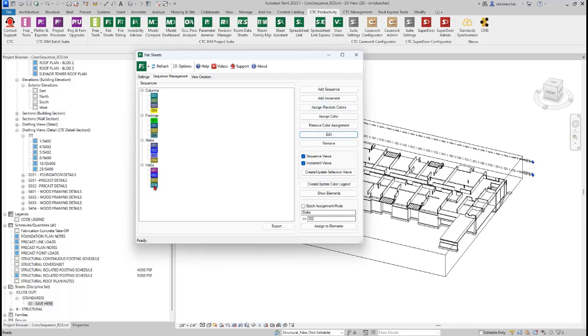If you decided that you had too many increments created or a sequence created that you're not going to do, you just select it and hit remove. It'll get rid of it from your file. All right,